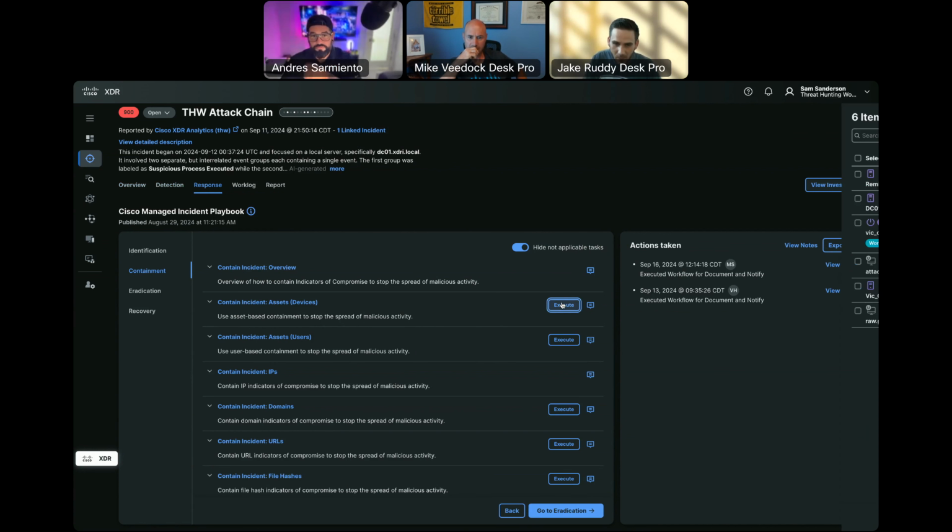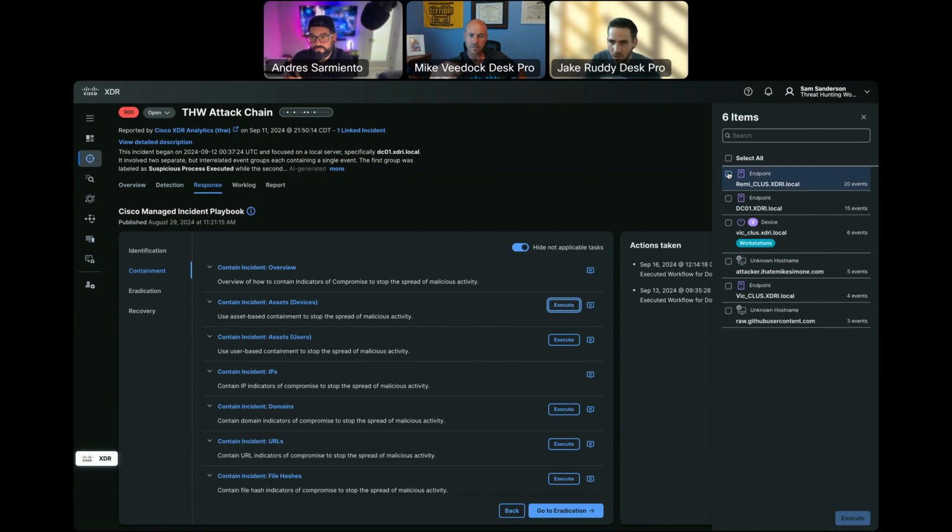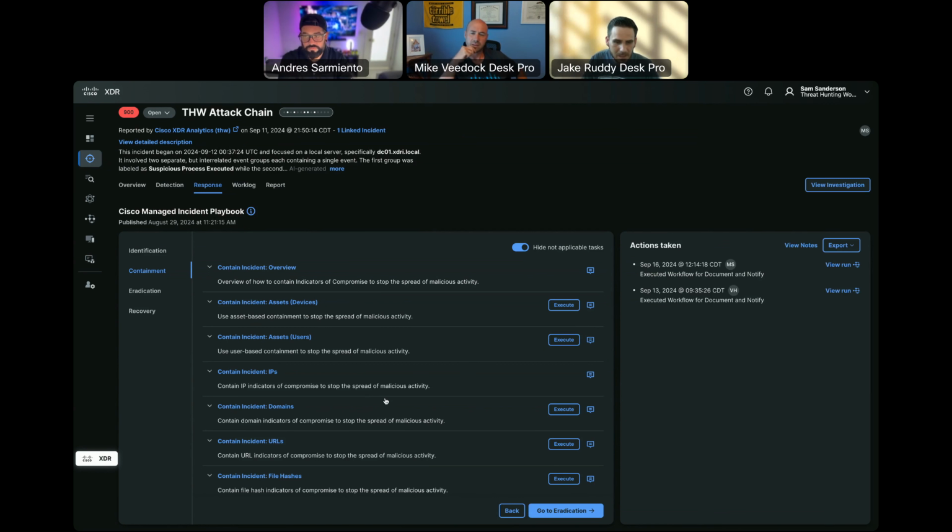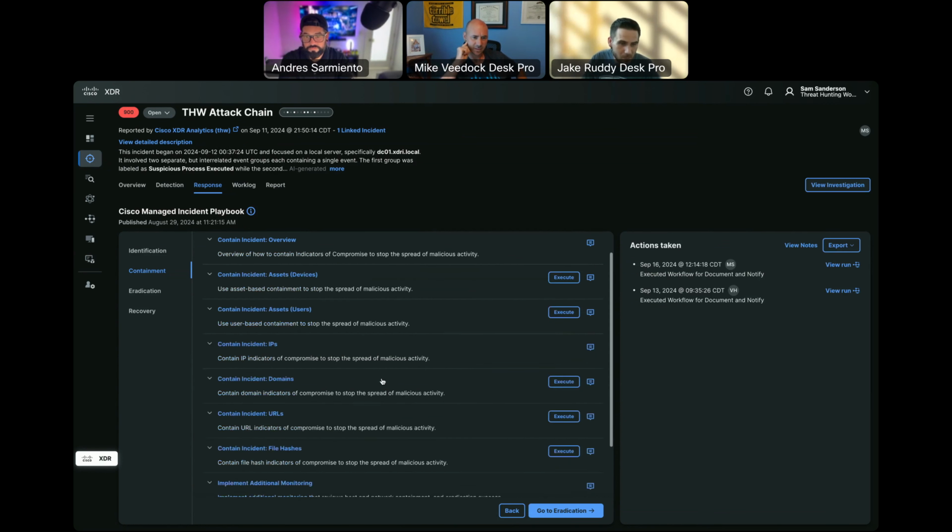But really, when I'm running this and saying, hey, I want you to isolate that particular endpoint, there is a workflow that's already built in out of the box that does all the checks to see which vendor of endpoint protection is here. Cool, it's Secure Endpoint. All the API calls I need to make to Secure Endpoint to do their version of isolation, that's already there. I don't need to build or tweak or mess with any of those workflows. All of that already exists. That concept remains the same for any one of these containment options, right?